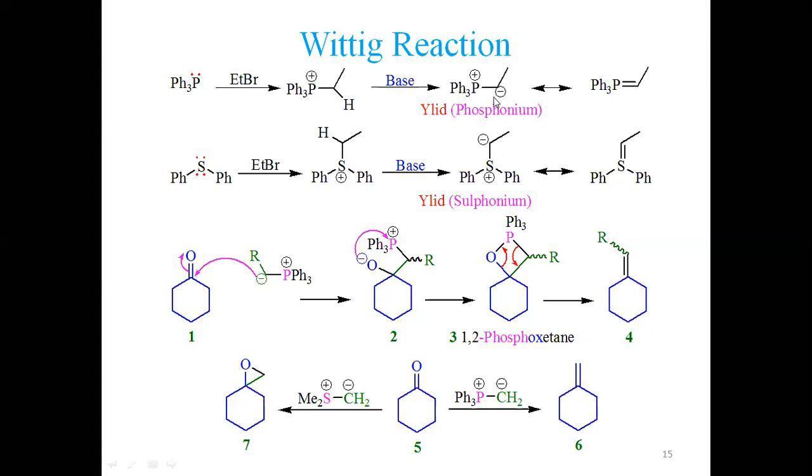And we can draw another resonance form of this in which this carbon donates its electron pair, generating a carbon-phosphorus double bond. This is very special. This carbon is donating electron density to this phosphorus in the d orbital. Do not forget, nitrogen doesn't make five bonds, but phosphorus can. Nitrogen contains valence electrons in the second shell, so the second shell contains only s and p subshells, whereas phosphorus has five electrons in the valence shell, but it is in the third period.